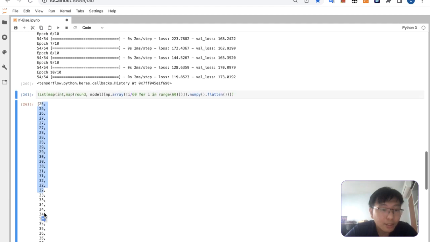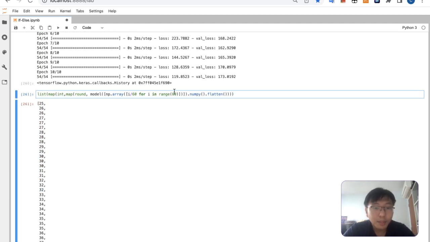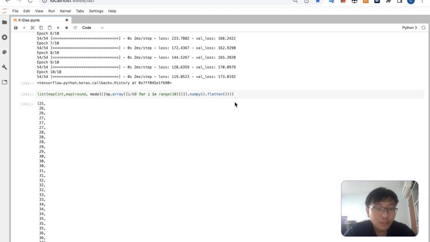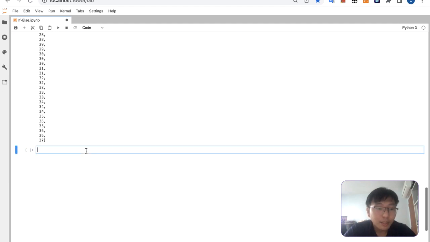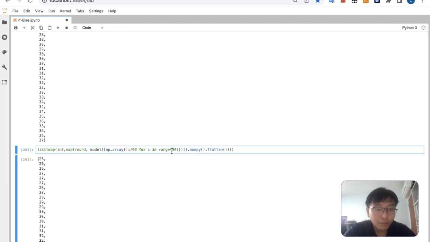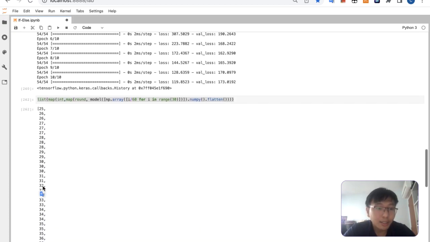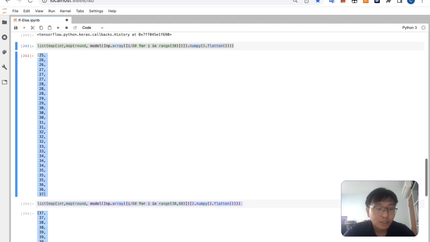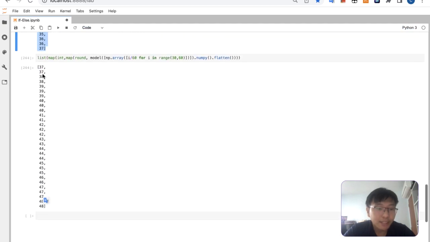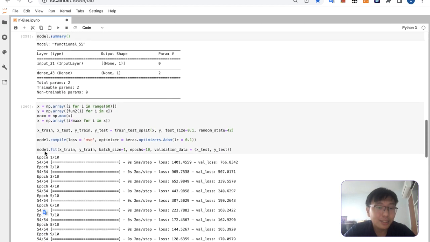I will do the range 30 first as one of them, and then I'll do another one from range 30 to 60. This part here is supposed to be x times 2, and this part here is supposed to be x. You can see that the neural network has hit a fine middle ground by just increasing slowly,